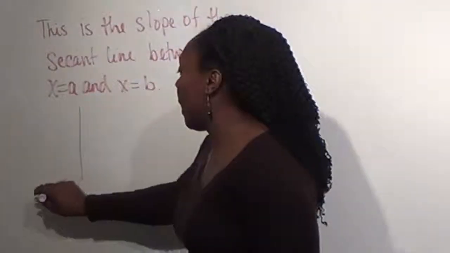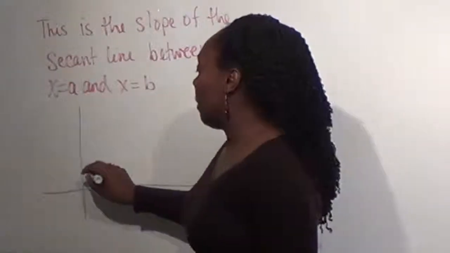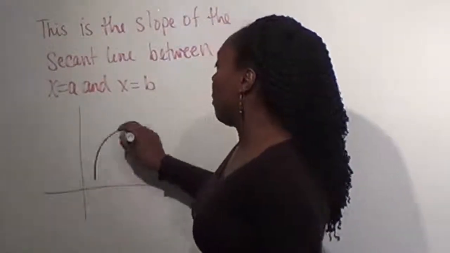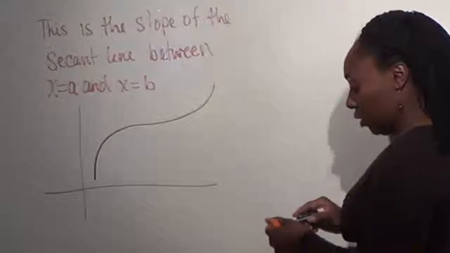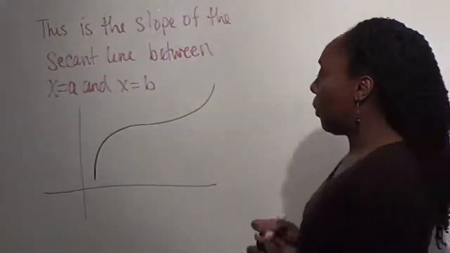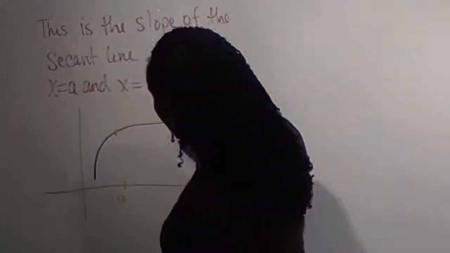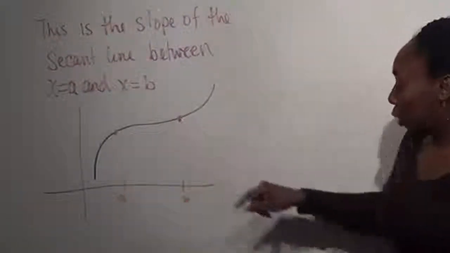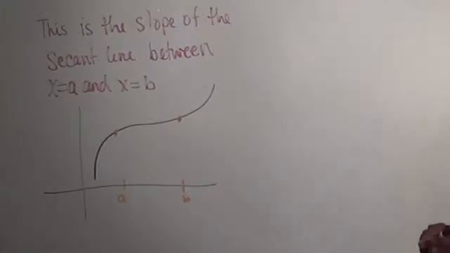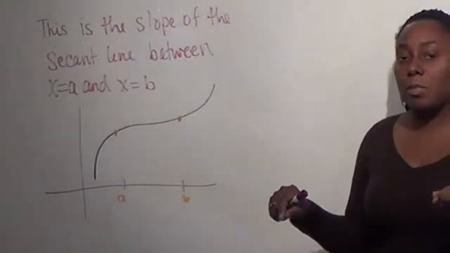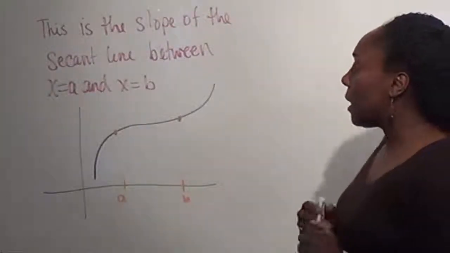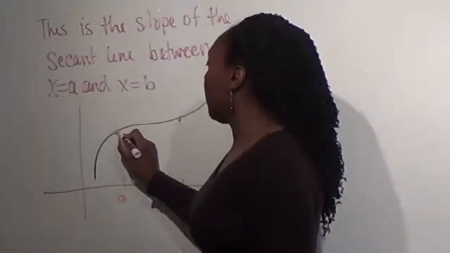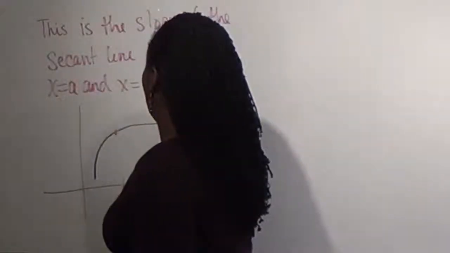Well, if I look at a particular function, generally we don't really care what that function looks like, and I pick 2 points. I'm going to call them a and b here. So I've got this point here and this point here. I can look at the actual curve between those points and figure out that distance using our distance formula. But if I look at the secant line, which is just the straight line that passes through those points,